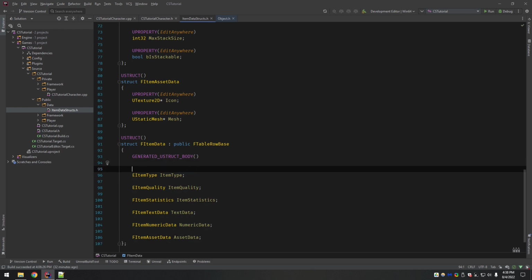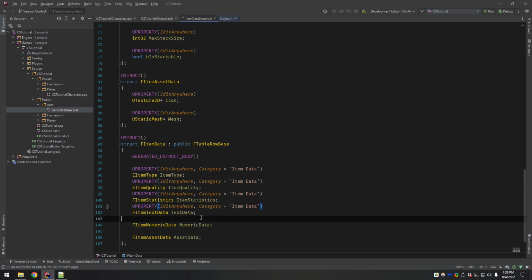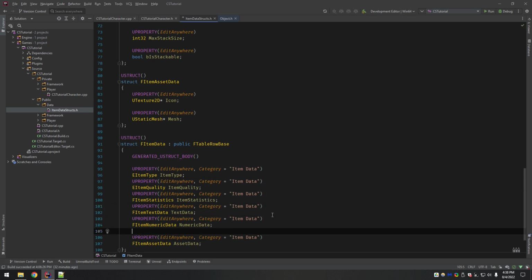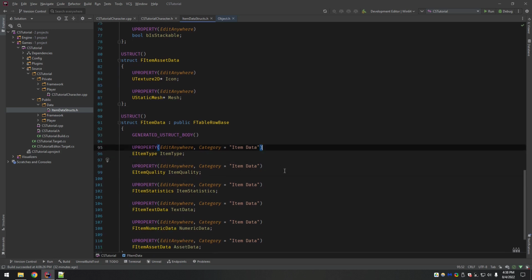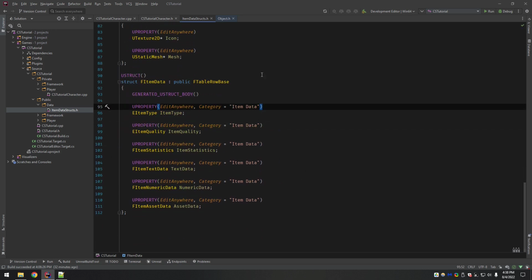All right, and so now again, each one of these needs to be a U property. But you can add a category on it because this is actually going to show up in the data table editor. And then go ahead and put that on each of these. All right, and so now this is ready.